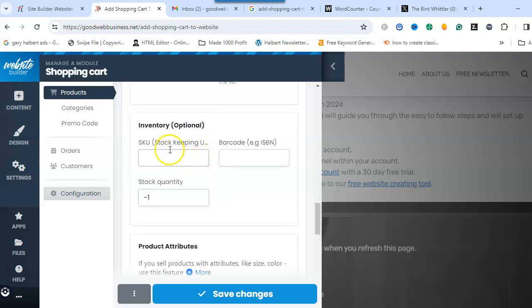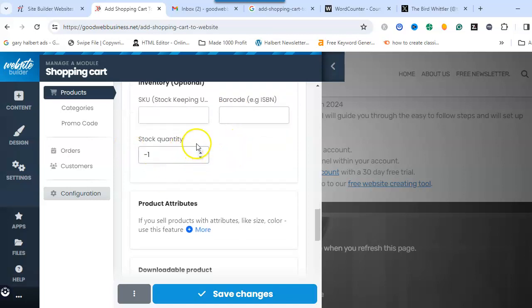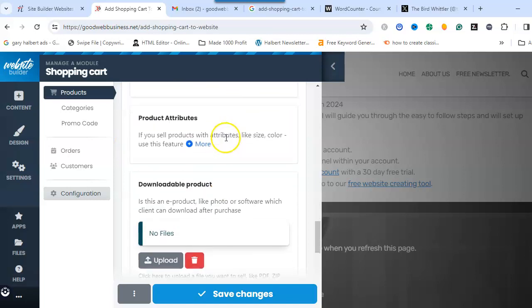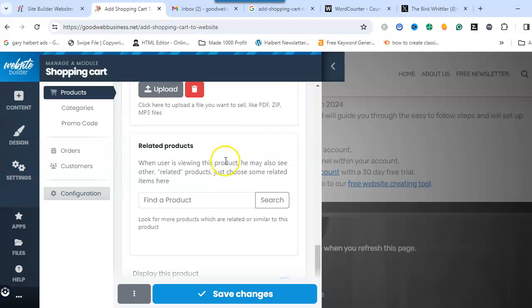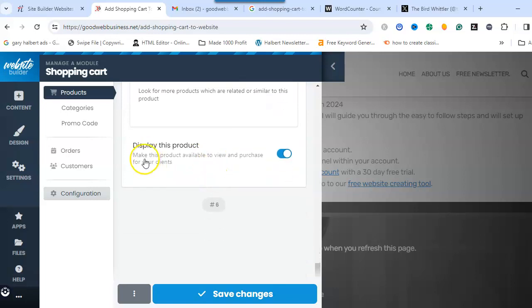You can also add stock keeping units, which you can put in there, or a barcode. There's only one, but you can click these up and down depending on how many products you've got. If it's a downloaded product, then again you just upload it as a file. You can also search for other related products and add them there. Then I'm going to make this product available to view and purchase for your client. So if I click save,